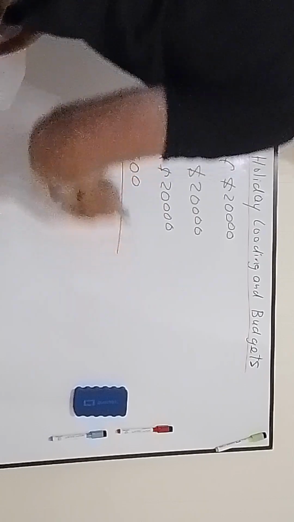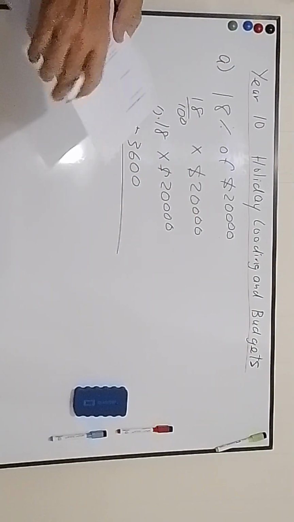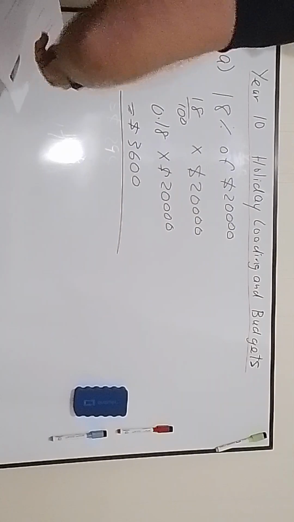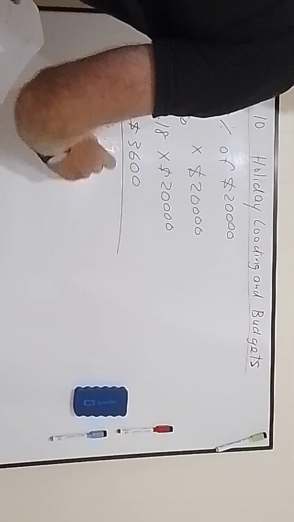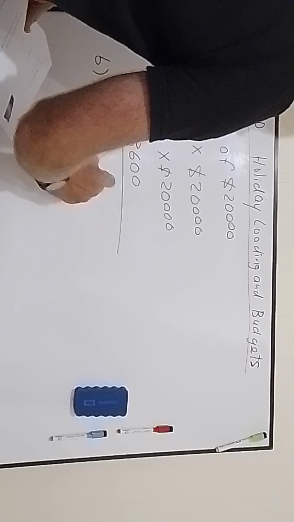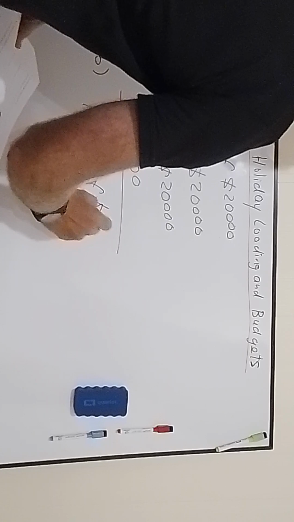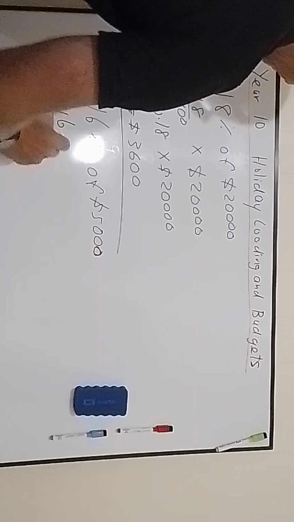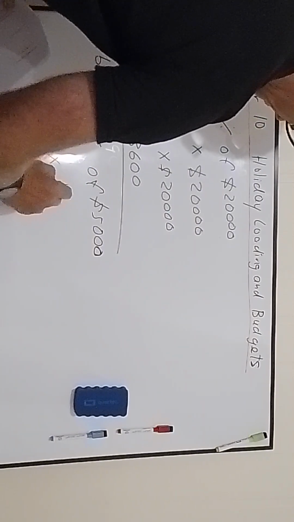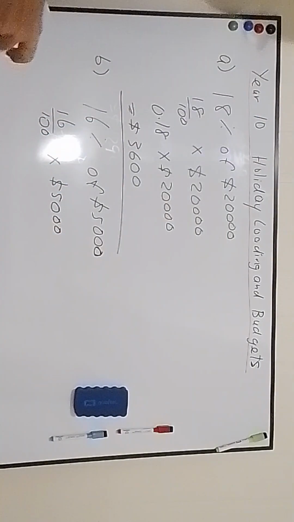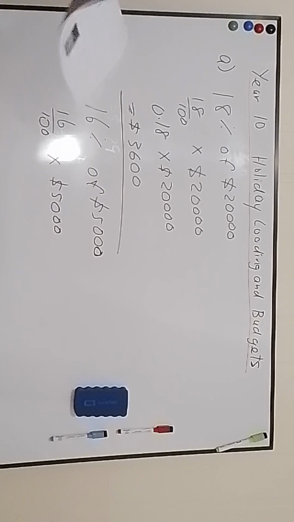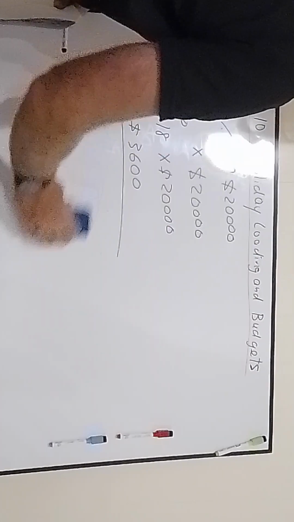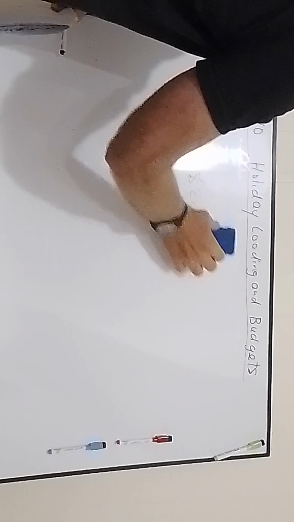Okay, so that's A. B is $5,000 at 16%, which just means 16% of $5,000, which just means 16 divided by 100, times $5,000. Okay, so I'm just going to leave that for you to work out, just following the same approach that I used in question A. Alright, we'll just erase this and we'll go on to